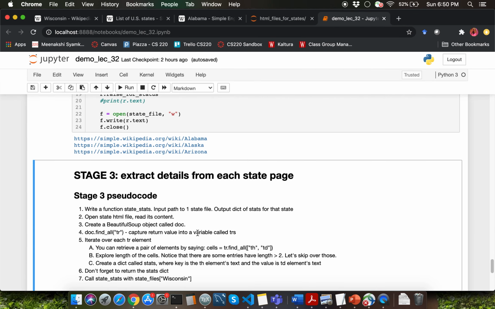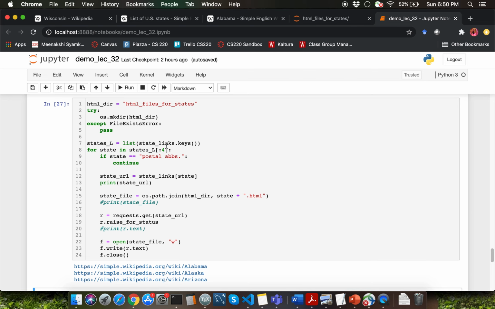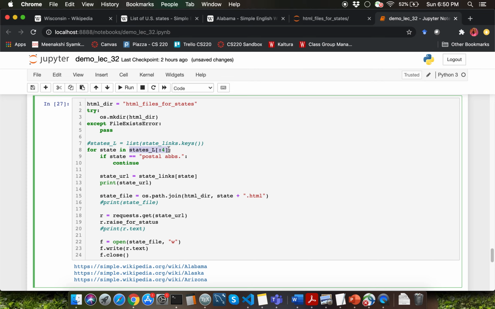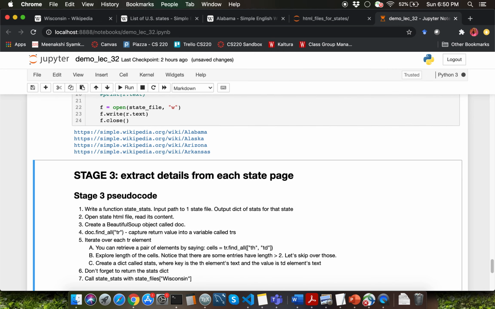Alright, now that we have confirmed that our code is working for the sample states, let's eliminate running this code for just 3 states, and instead run it for all the states. I can simply do that by saying for state in state_links. Recall that when you say for something in a dictionary, you're iterating over the keys, so state is going to represent each key over here. Alright, I'll go ahead and let this run,